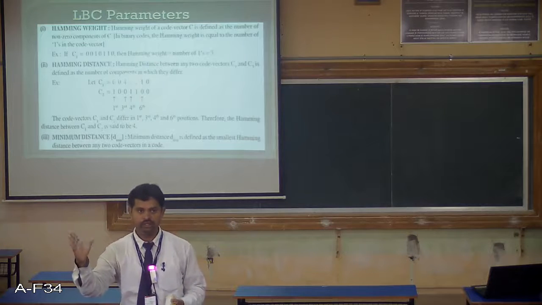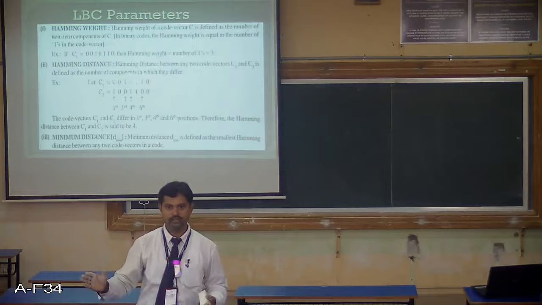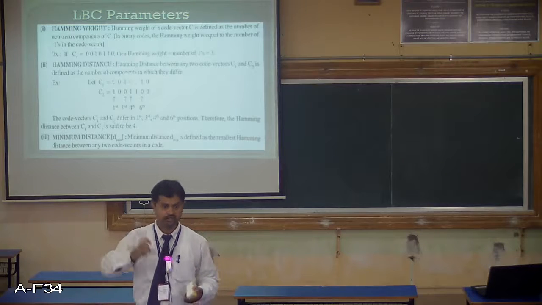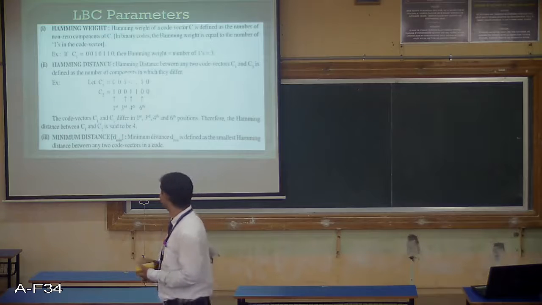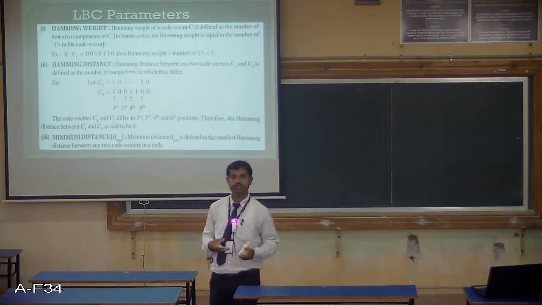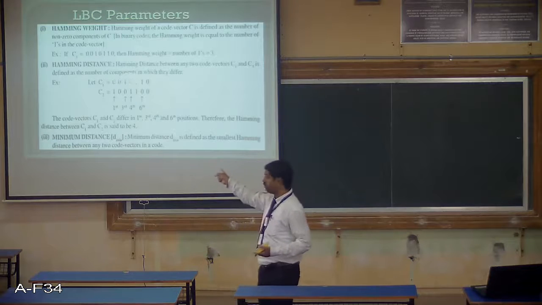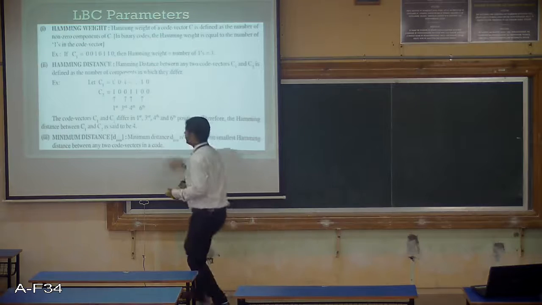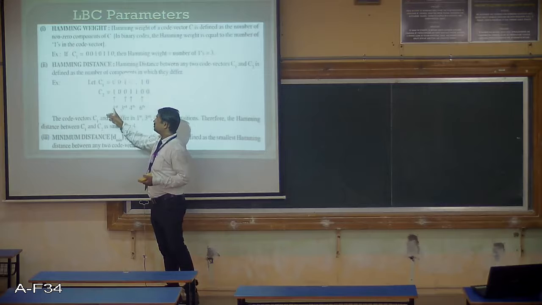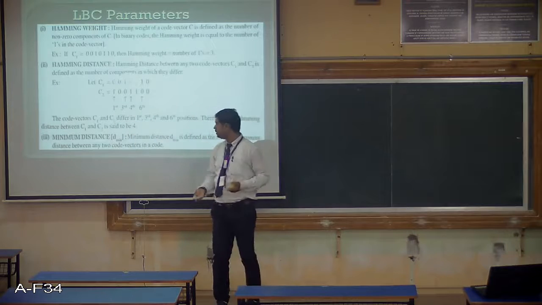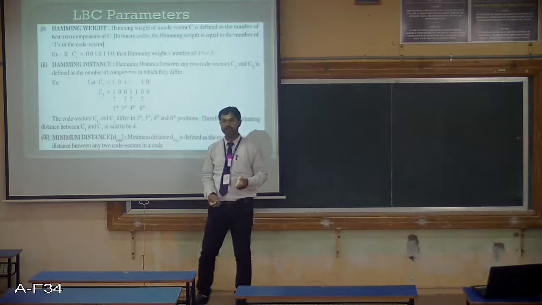Take one code word of 7 bits, take one more code word of 7 bits. Bit by bit you compare them, and the number of positions in which they differ tells you the Hamming distance. I took two code words, compared the corresponding bits, and the Hamming distance is 4, because they differed in 4 positions. Marked here: this is 0, this is 1, so there is a difference. One more parameter is the minimum distance, D minimum.